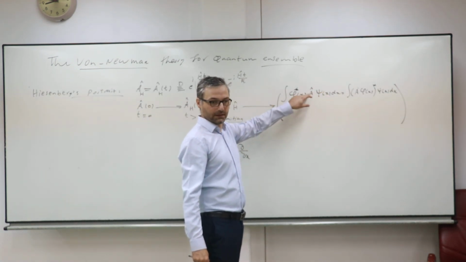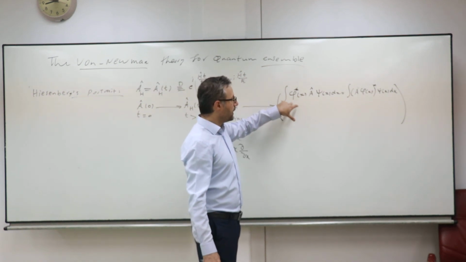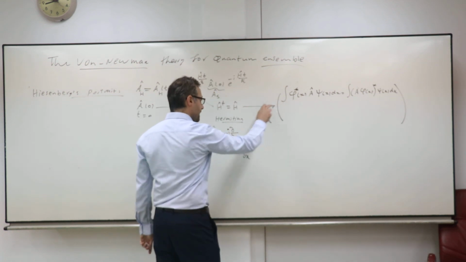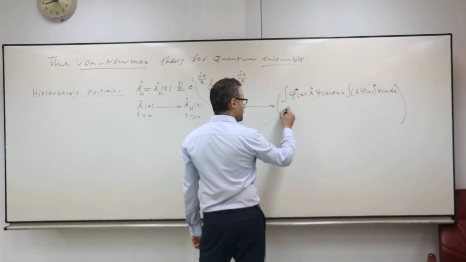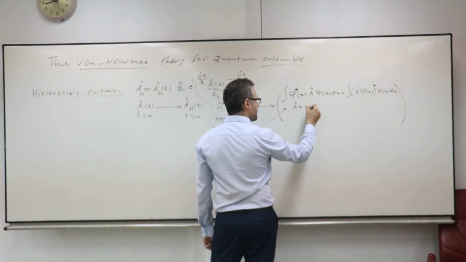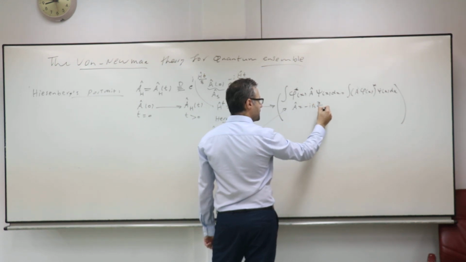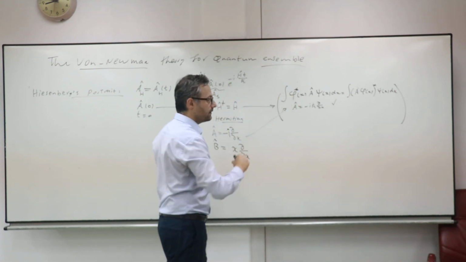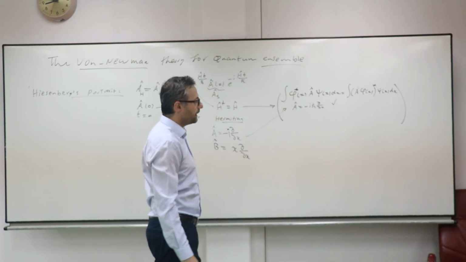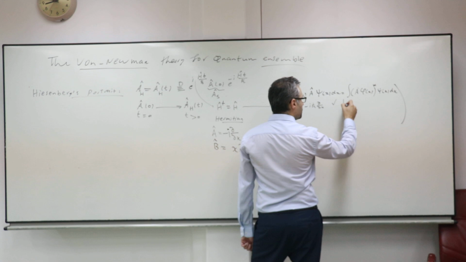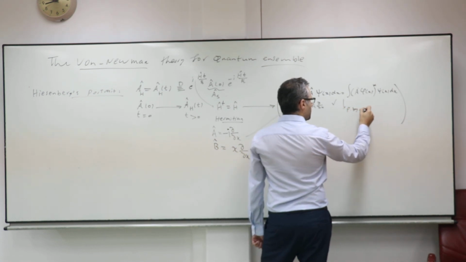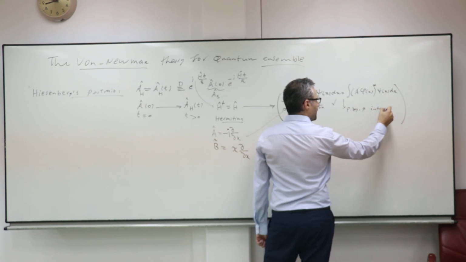You don't need to specify the function. Don't put x or x squared or sin. This is an arbitrary function. By that, you can show that the operator p equals minus i h bar partial x is Hermitian, because you can do these calculations. And here you normally need to use integration by parts, no? You will have a